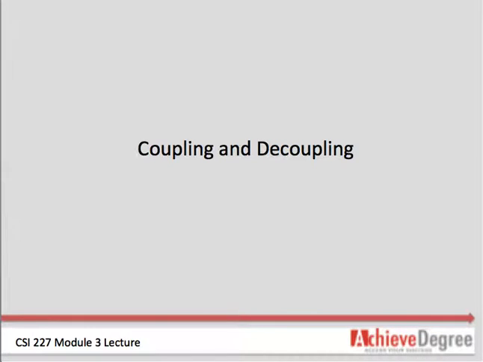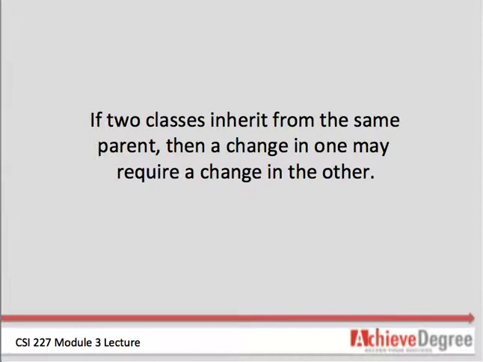Coupling is when two classes are linked in such a way that a change in one requires a change in the other. If two classes inherit from the same parent, then a change in one may require a change in the other. When we have several inherited classes that are coupled to a point that they are really too different to be fundamentally linked, that is when we want to decouple the objects and introduce an abstract class, as was